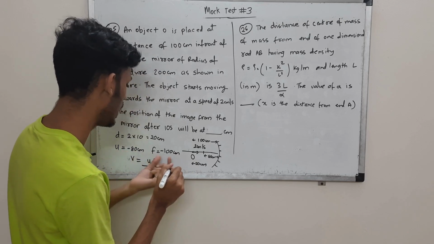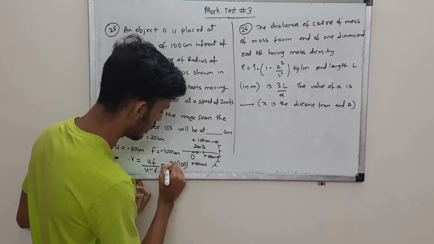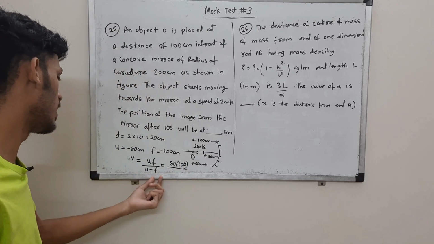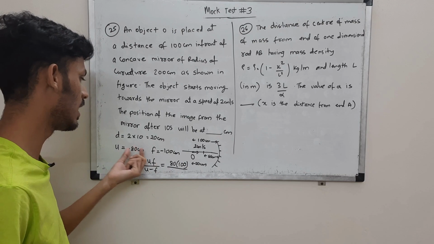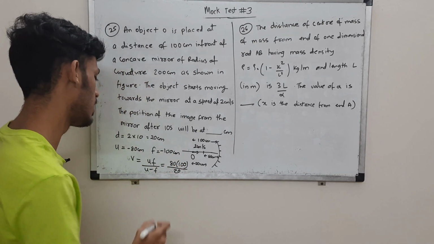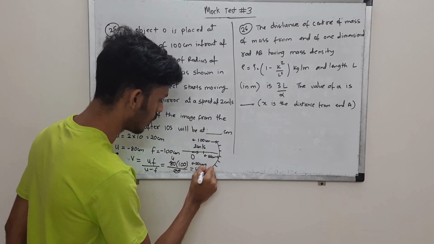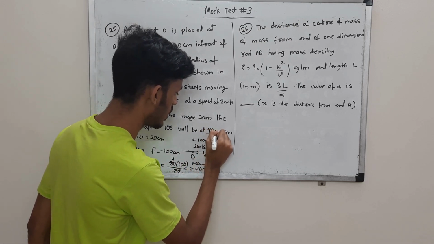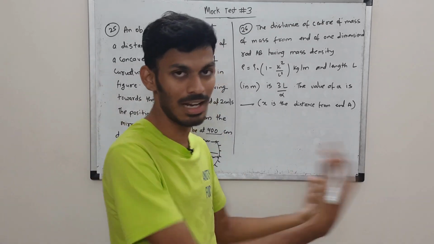So u into f, so 80 into 100, the minus signs will get cancelled, minus times minus. And then we have u minus f. So minus 80 minus of minus 100. So minus 80 plus 100, which is 20, right? So 20 fours are 80, and this will be nothing but 400. So the distance from the mirror is 400, and it is positive, which means that it will be a virtual image